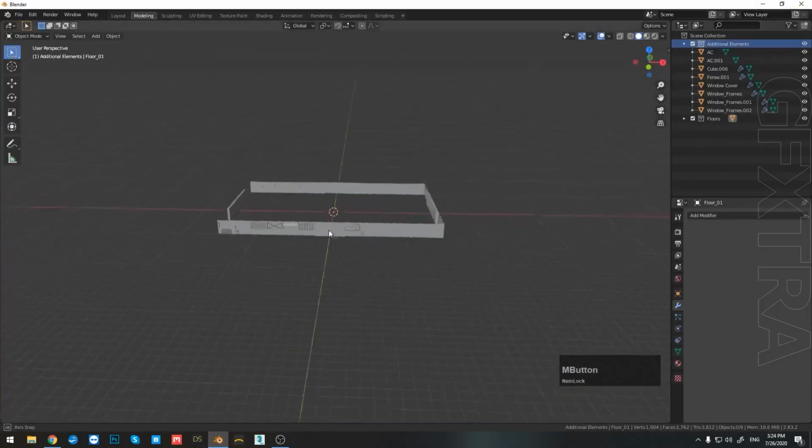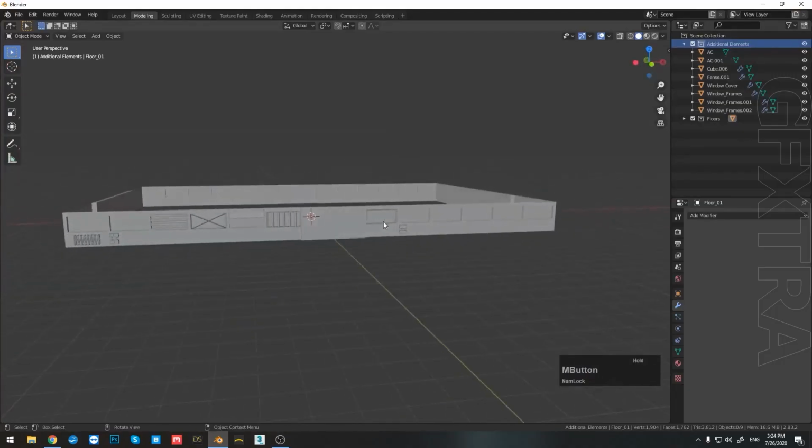Now how can I create more variations from this what I have so far? So first off,